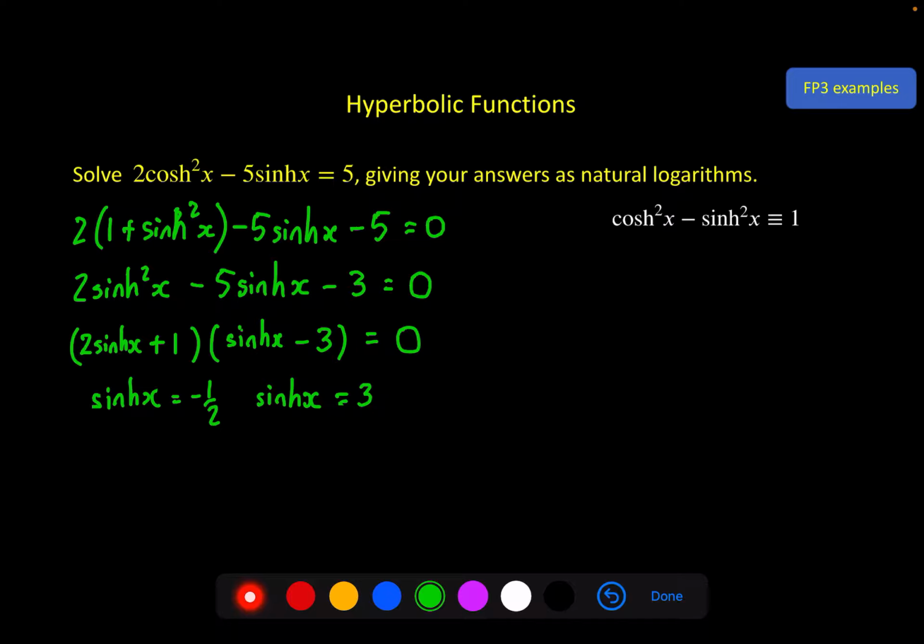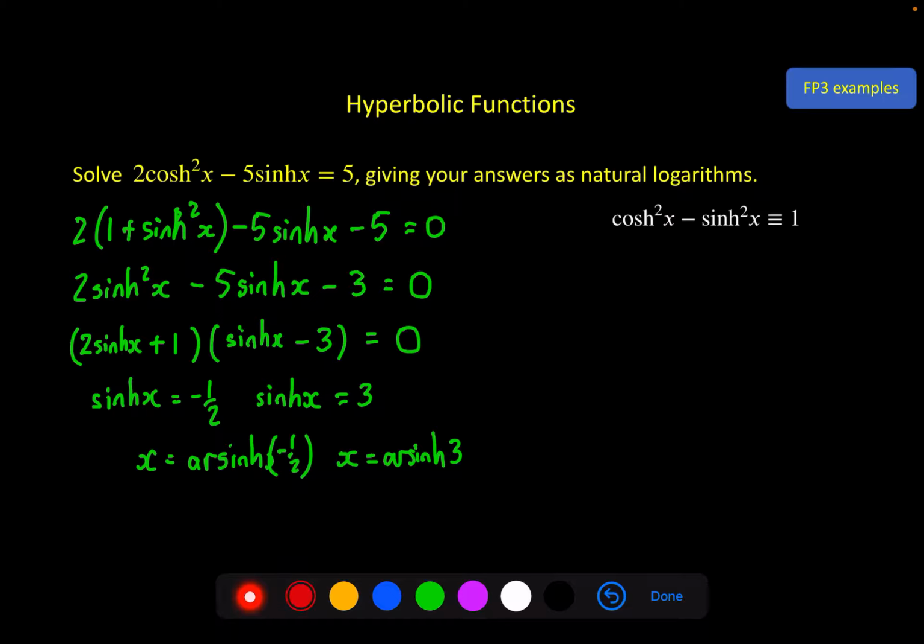Okay, now we've got sinh x, not x. So this is where our natural logarithms come in, because if you remember, to get x out of this, we're going to be doing the inverse, or arsinh. So x equals arsinh of minus a half, and x equals arsinh of 3. And to get that arsinh, you could just stick it in your calculator, but